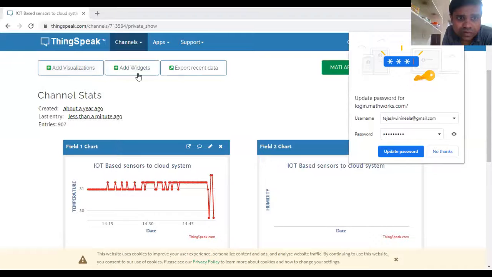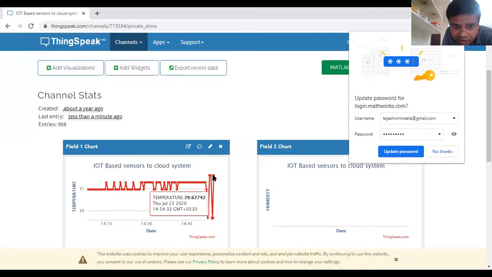Okay, we want to see the same thing in the cloud. For every 1 second it is updating. Now the time is 2:54 or 2:55. The temperature is 29, and I put the module somewhere in my house; anywhere we can put it. The data is first sent to the ThingSpeak server, and on the server we can see the value.